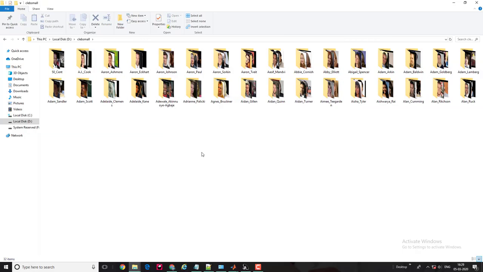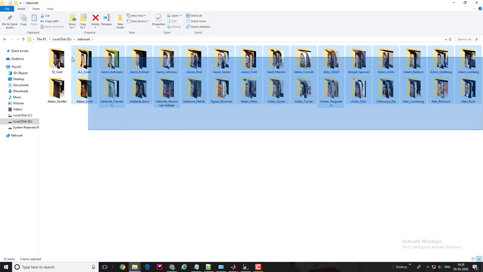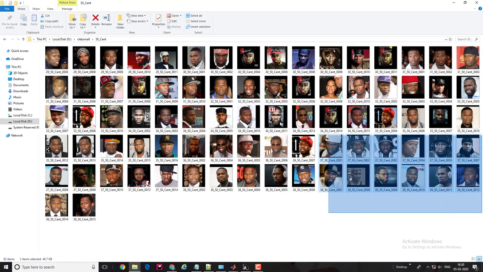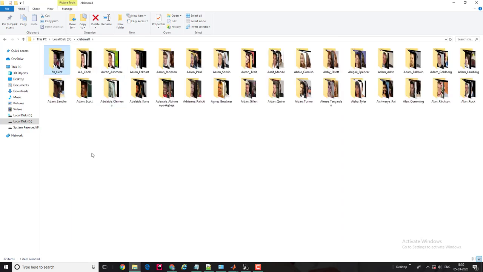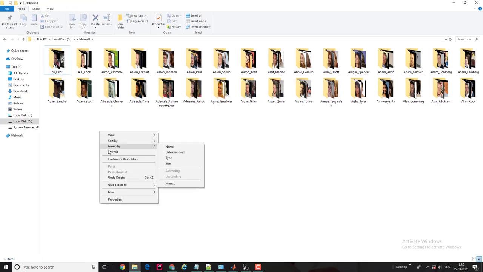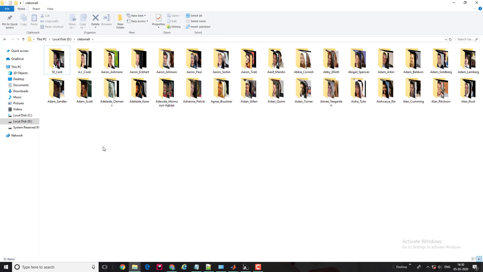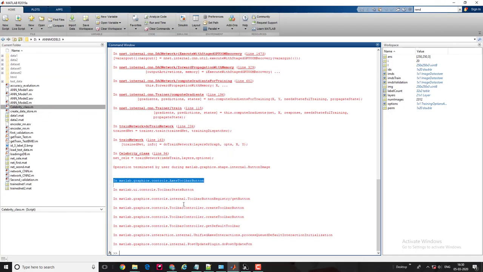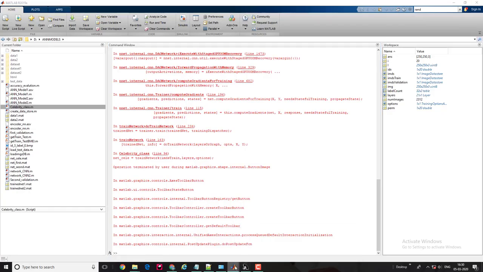All you need to do when you process or train data is create a data store containing the main folder, and inside the main folder the subfolders, and their names are counted as the labels of those collections of images. So once you have the data set like that, you are ready to make the program in MATLAB.